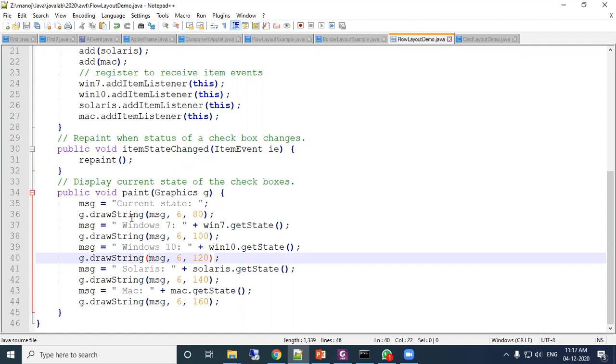So g.drawString(msg, ...), here msg is set to the current state. With 680 as the location, this is where the message is drawn. Then msg equals "win7" plus win7.getState(). The current state of win7 will be received by msg. Next, g.drawString(msg, ...) at another location, where the Windows 10 state will be received. And getState is the method of the particular